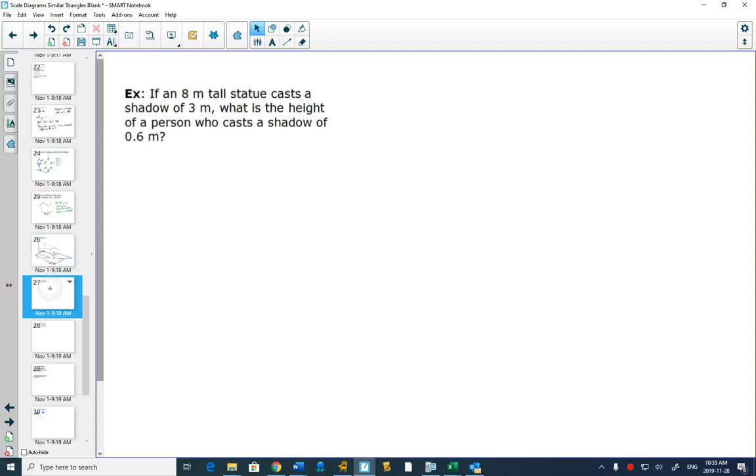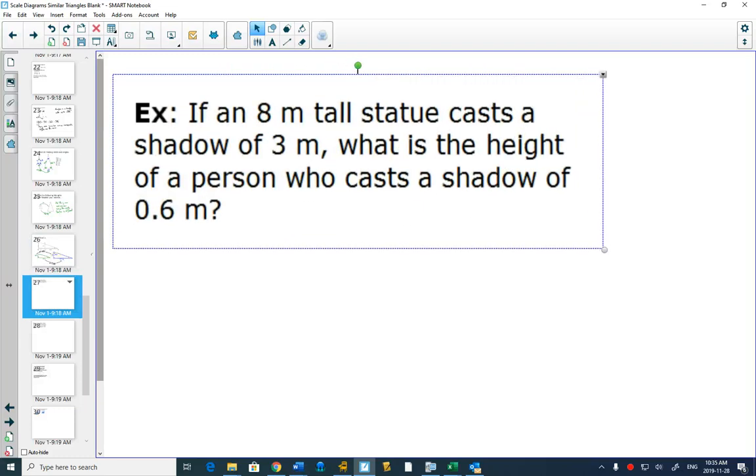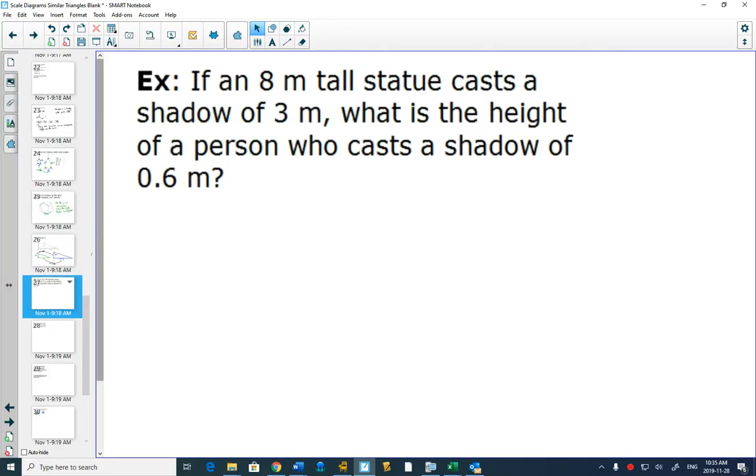Okay, we have two more questions. There's a statue, Golden Boy, named, I don't know, can't think of a single name for a golden boy right now. Anyways, we've got a statue of a golden boy, 8 meters tall. It casts a shadow 3 meters. So first of all,